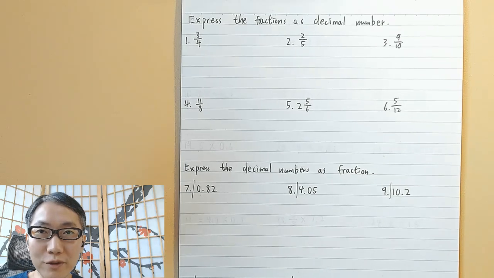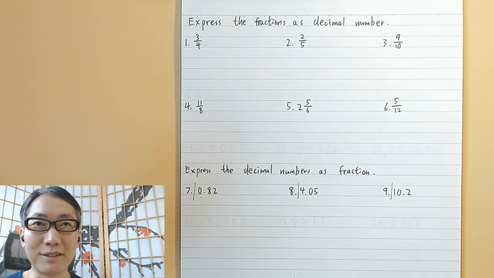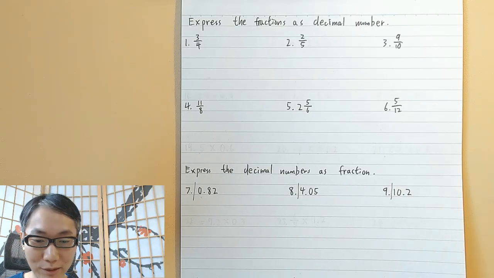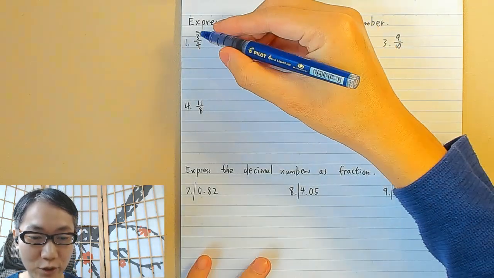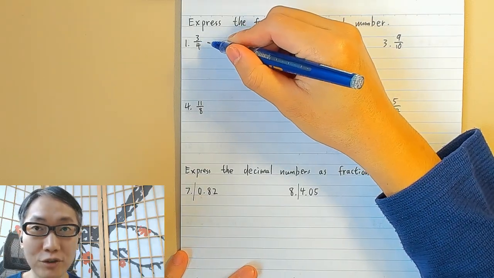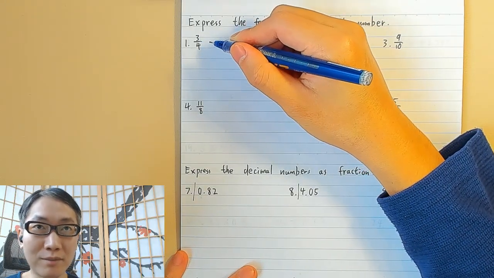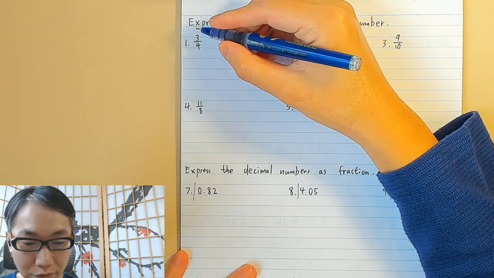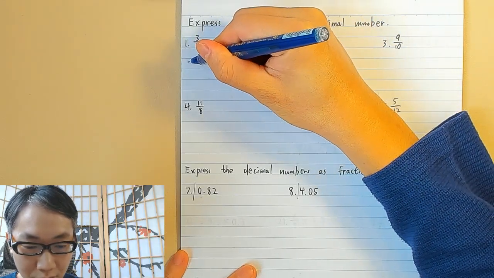This is a tutorial for decimals. Let's start. To express the fraction as a decimal number, we have 3 over 4. A fraction also means a division, so this is 3 divided by 4. So when 3 is divided by 4, we have